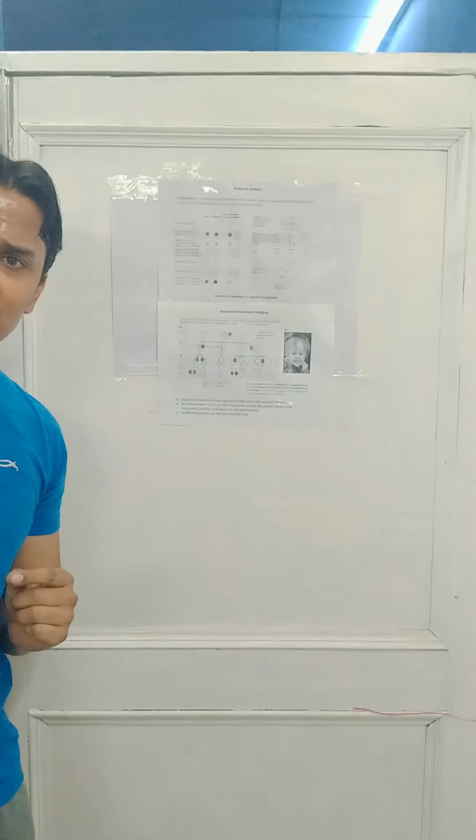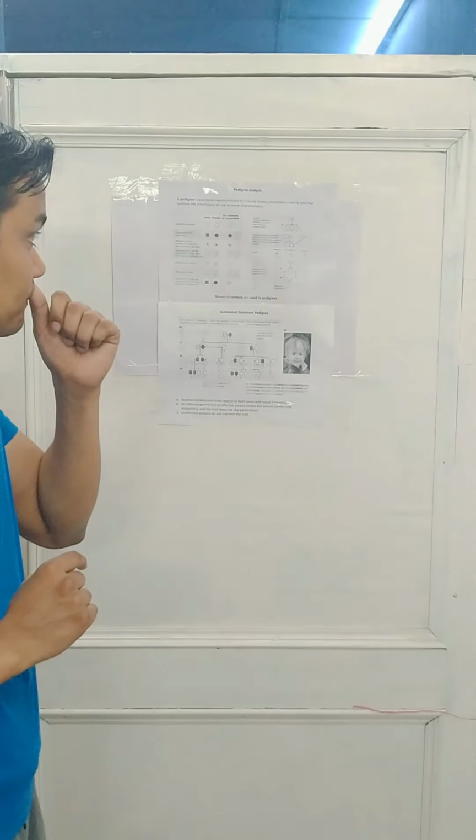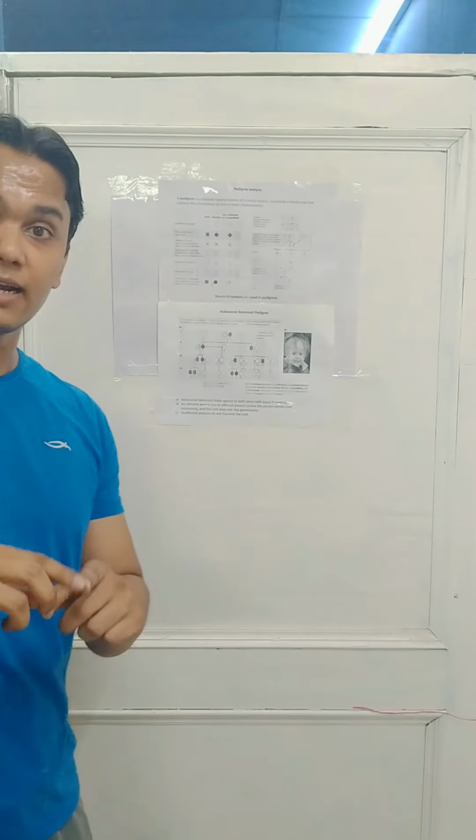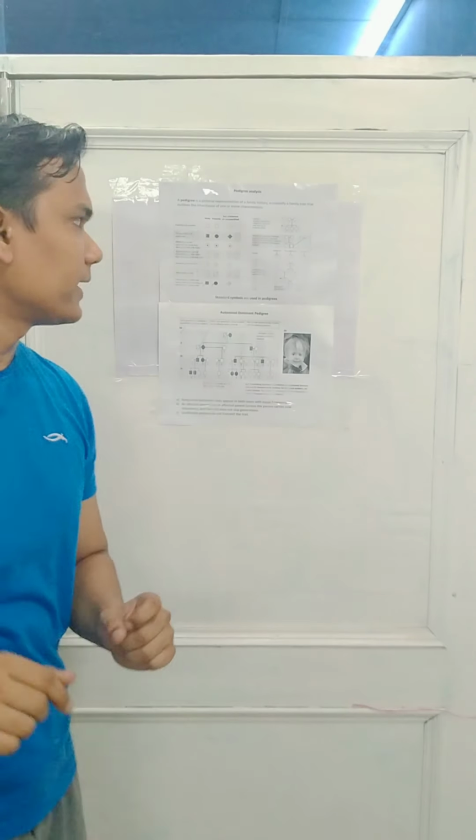Now, in some cases, we know that twins are born. We can have monozygotic twins, that means twins born from the same zygote, and in almost all cases they are either both male or both female. Then you have the other type of twins, which are dizygotic. That means 2 zygotes were fertilized. In those cases, you can have both male, both female, or a male and female. All these combinations are possible. When they are monozygotic, they are identical twins, and when they are dizygotic, they are non-identical twins.